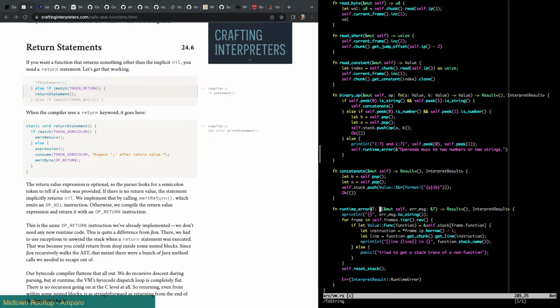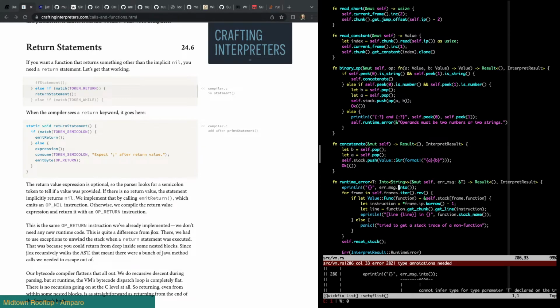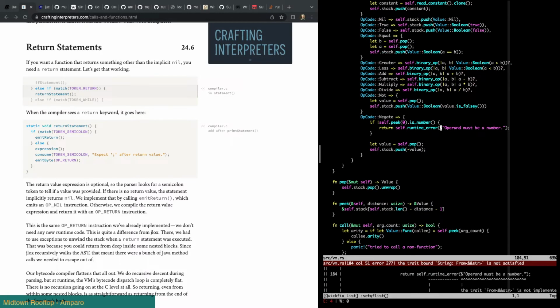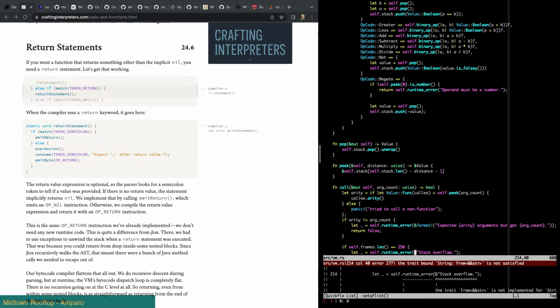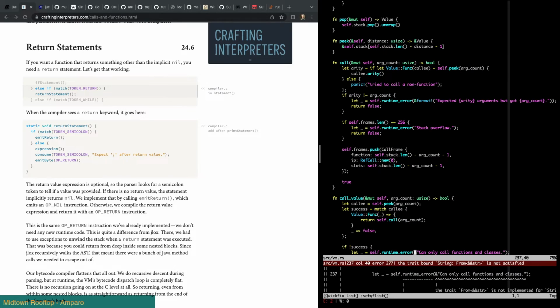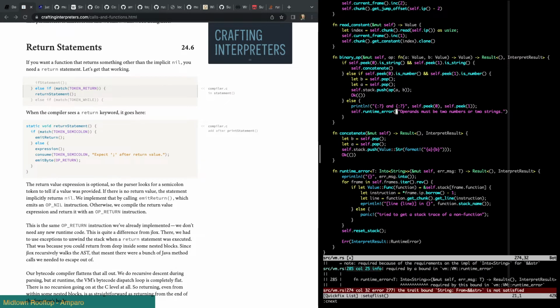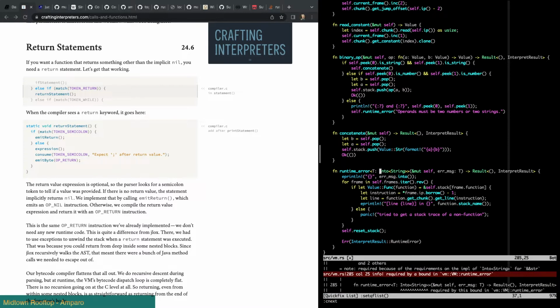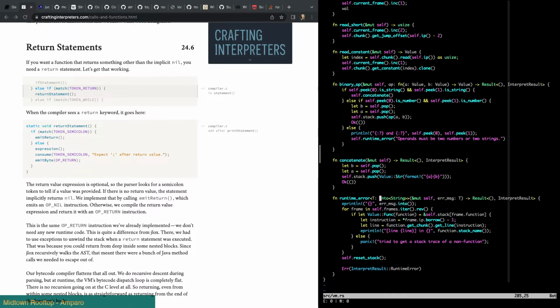Where's toString here? I'll try it here. The reason I'm excited about this... Oh, I can do this, right? I can do ampersand T there, and then error message can just get an into here. I wonder if that'll... Oh, right. Cannot infer. Okay, so this becomes this, and that. Oh, okay, so that gets rid of all these ampersands on these guys. And that's going to be everywhere, isn't it? Yeah, okay. Very good.